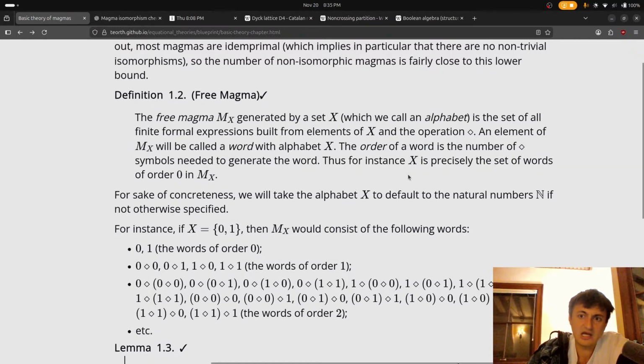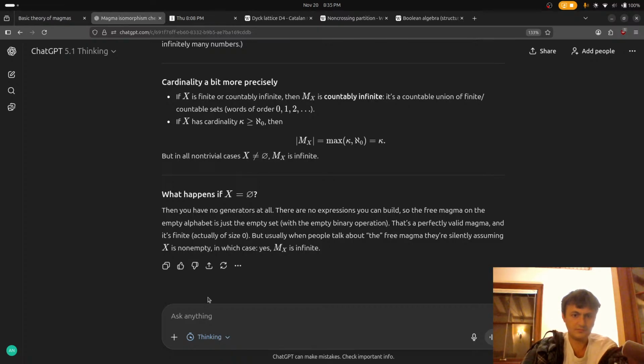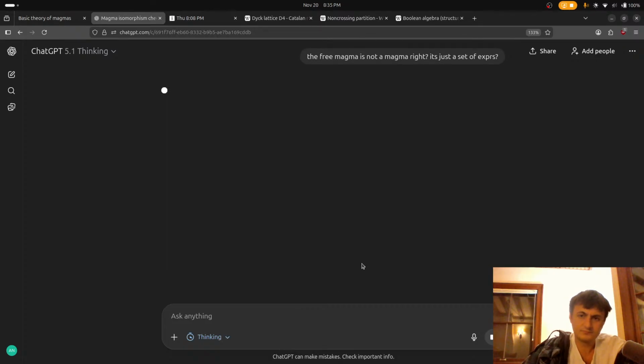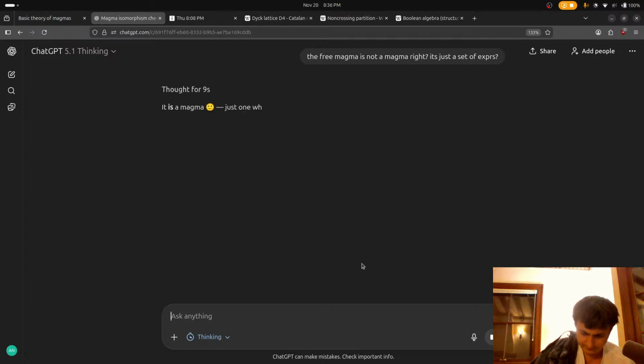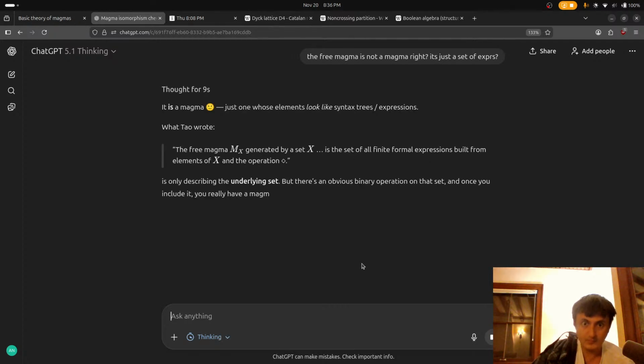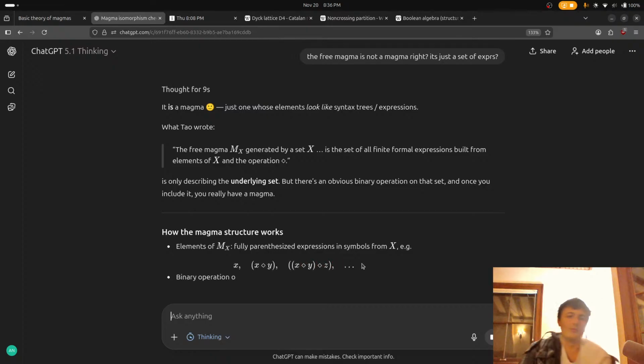The free magma is not a magma, right? Wait, what?